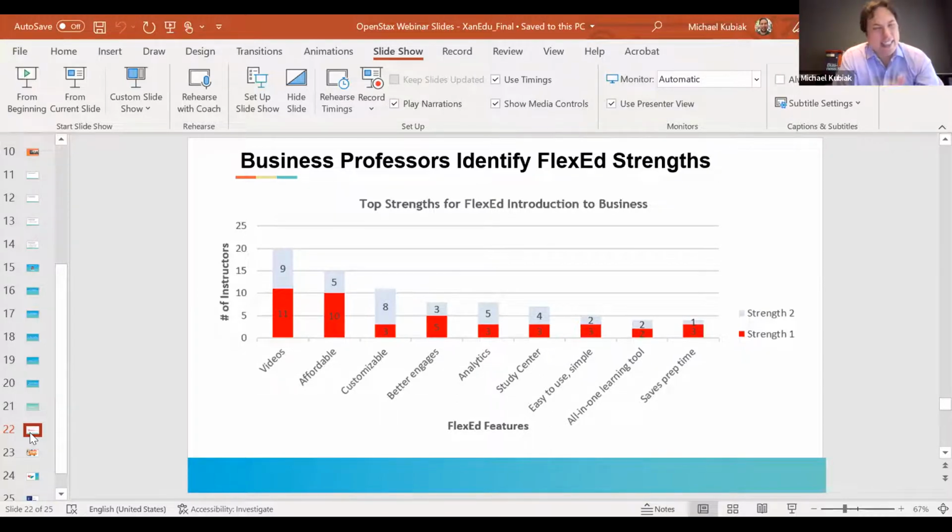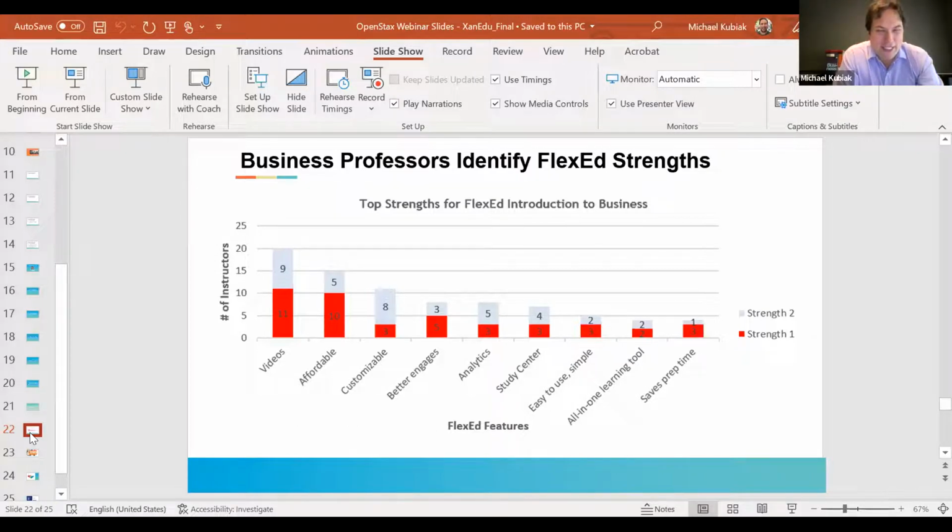And then secondly, just as Dr. Hyatt shared, it's quite affordable. The FlexEd courseware, and we'll touch more on this in a few minutes, is $35 for students. That's the full all-in cost for students, and that meets the low cost designation at schools that are moving in that direction of zero cost and low cost course materials. So that's really important to us at XanEdu, that all of the products that we create are low cost for students.